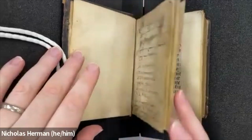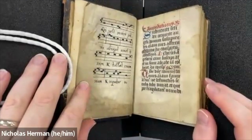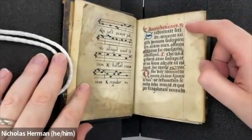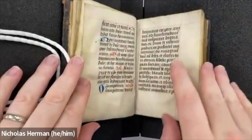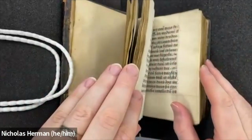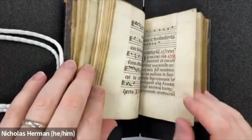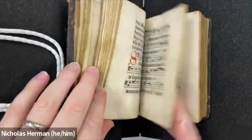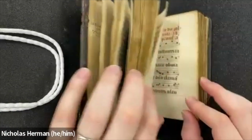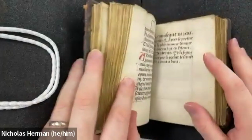So the book begins with the text for funeral service in the church, and also the commendation here. This begins with commendationes, the commendations, and burial. And so that takes up about 60 folios, 59 folios. And it includes, as you can see, some chants as well. And let me get to the end of that section. So this is the beginning. The section for funeral processions ends here at 59,